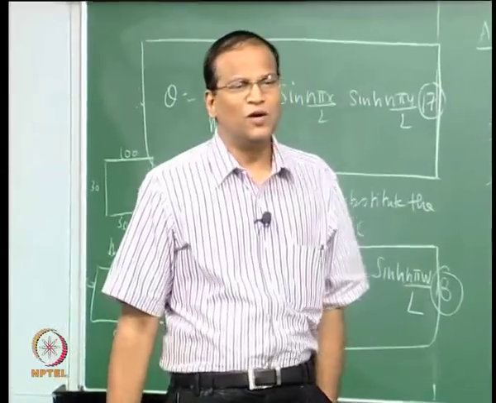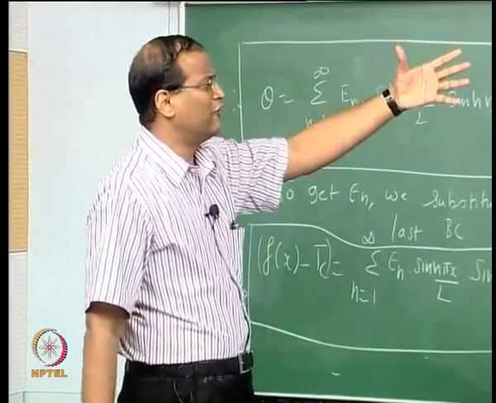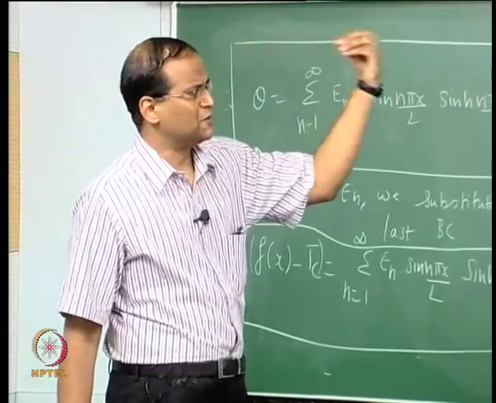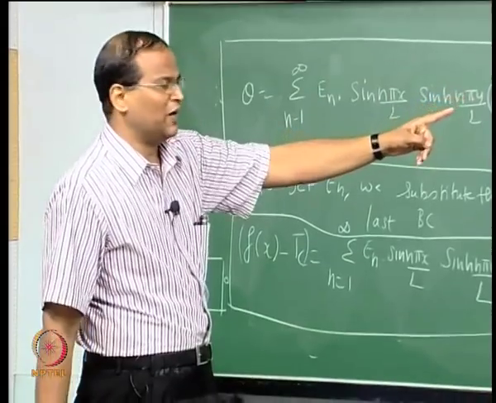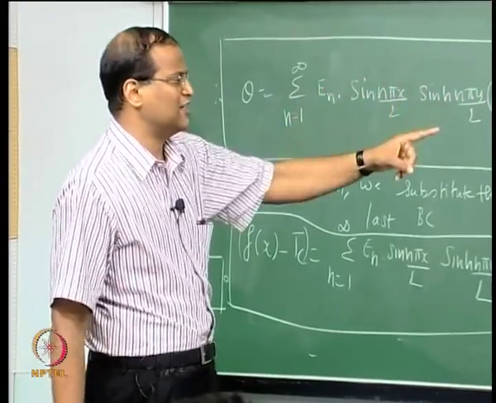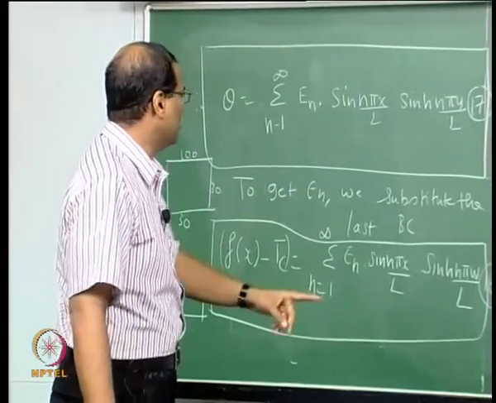Watch carefully. What is the logic we are trying to use? Any function f of x, I want to express it as a linear combination of the orthogonal functions. Please look at this equation 20. So f of x is represented as an infinite series, sigma n equal to 1 to infinity, cn gn of x. It is very similar to equation 18,